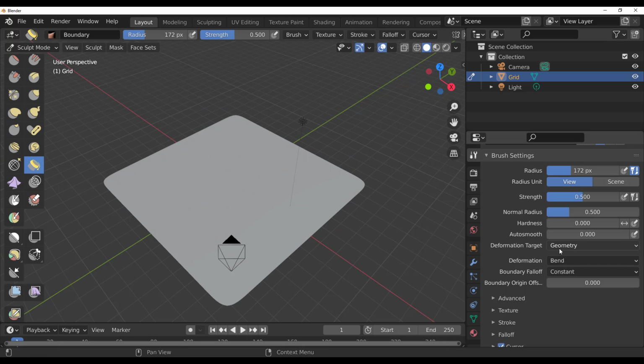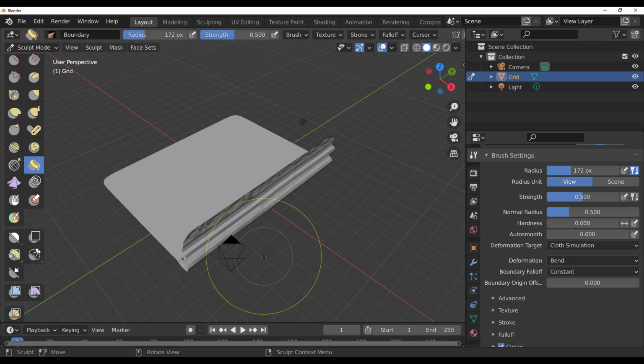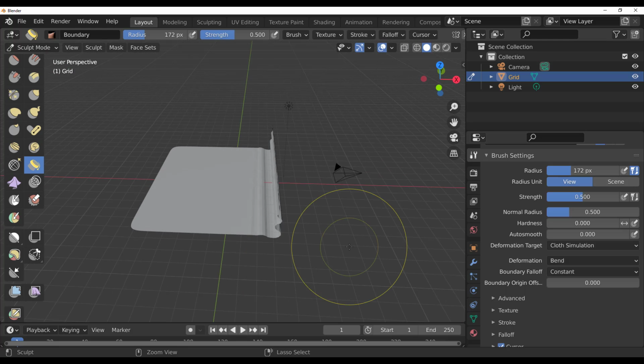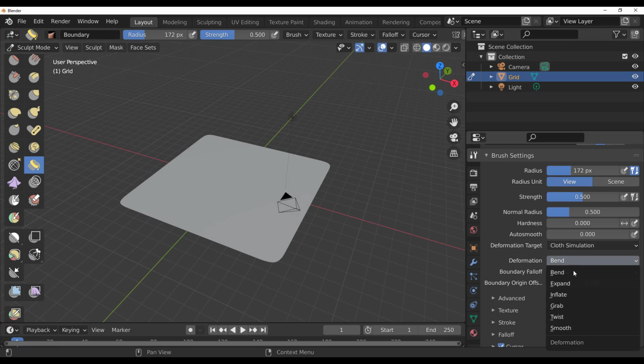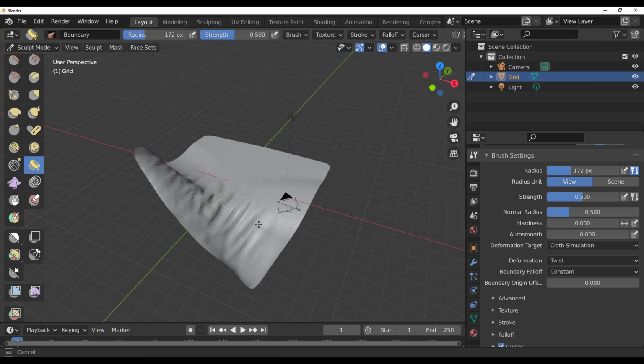So this time he also changed and added some stuff. He added the cloth simulation to this one right now, so you can also use this. So in case you want to make cloth simulations, all right, so you can see that. And if this is not good enough for you, then maybe you might want to try out the twist, you might want to try out the smooth, depending on what you want. So let's actually grab that twist right here, and then we can do this twist,